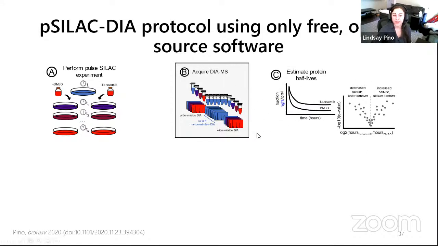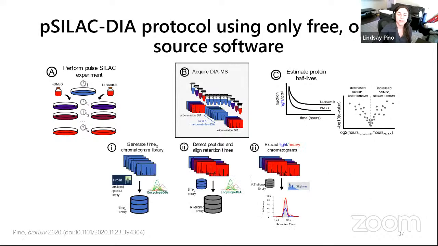After you're done collecting your data, you have to do a bunch of post-processing in order to calculate these half-life values. But the general process is: you do your pulse SILAC experiment, you acquire your data, and then you calculate these protein half-lives. Just to give a little more detail on this vague "acquire DIA MS data" step,